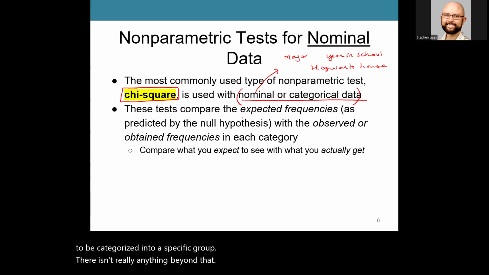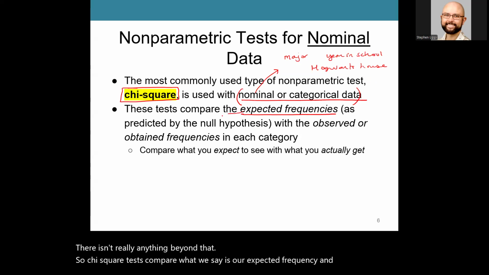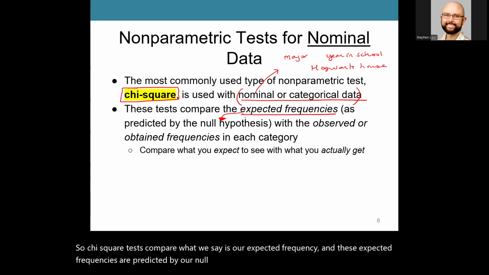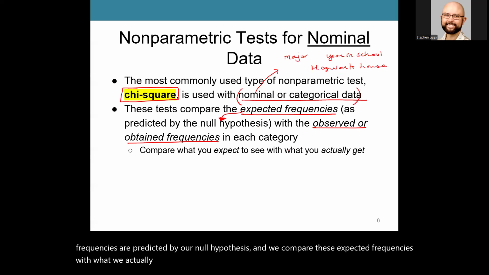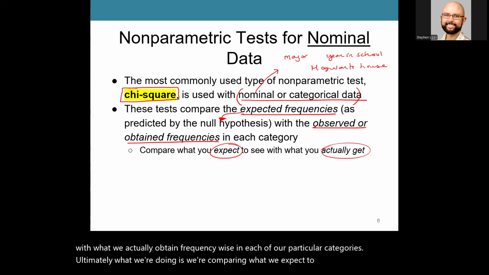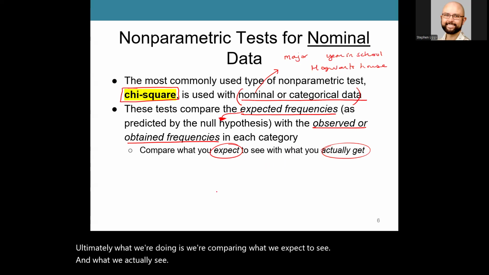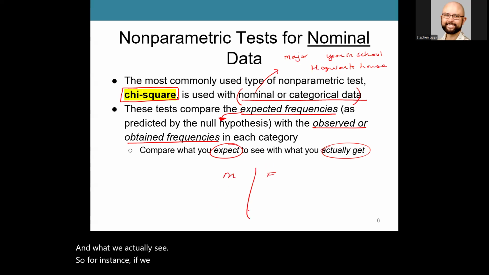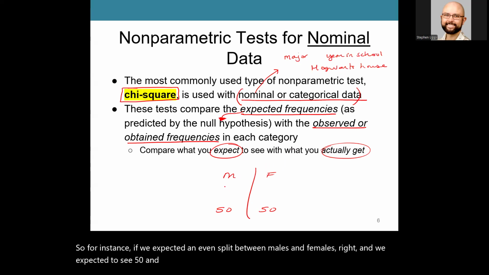So chi-square tests compare what we say is our expected frequency. And these expected frequencies are predicted by our null hypothesis. And we compare these expected frequencies with what we actually obtain, frequency-wise, in each of our particular categories. Ultimately, what we're doing is comparing what we expect to see and what we actually see. So for instance, if we expected an even split between males and females, right, and we expected to see 50 and 50, and what we actually measured was 25 and 75,